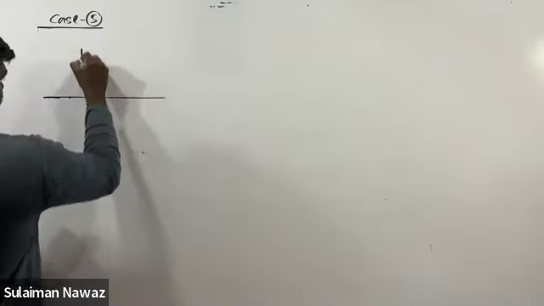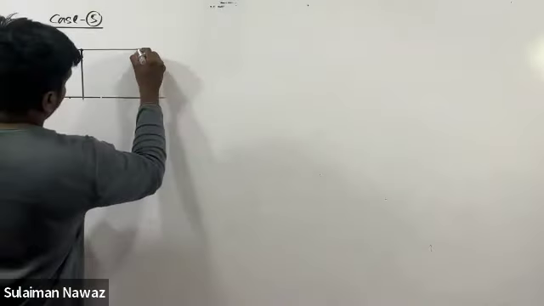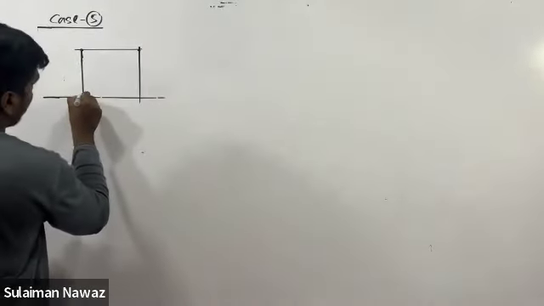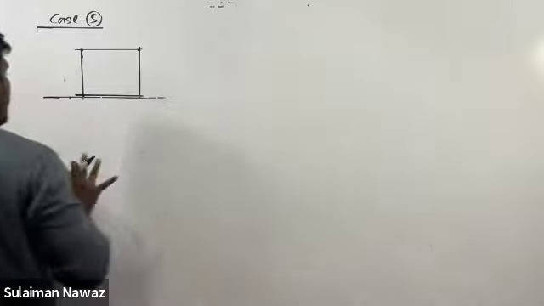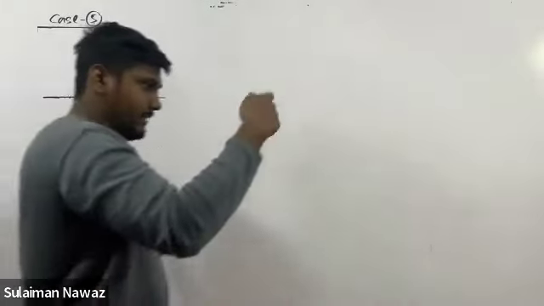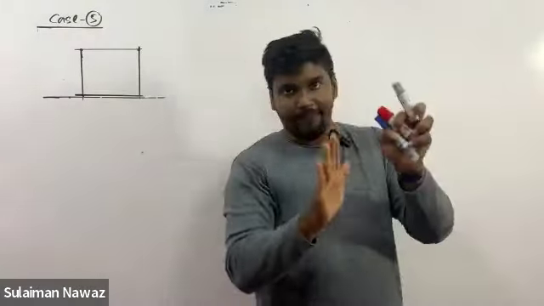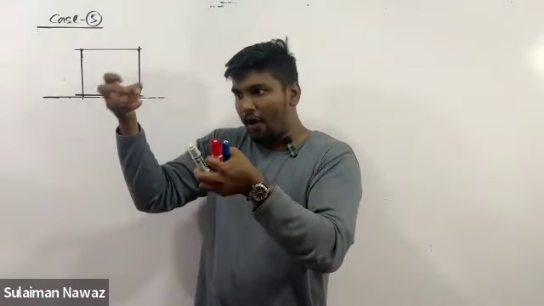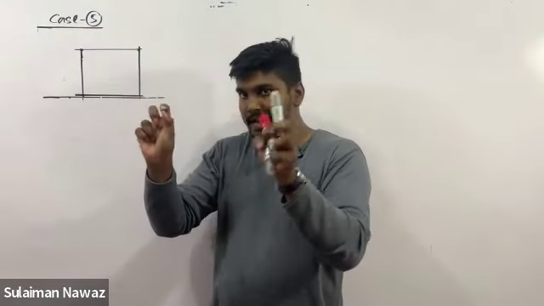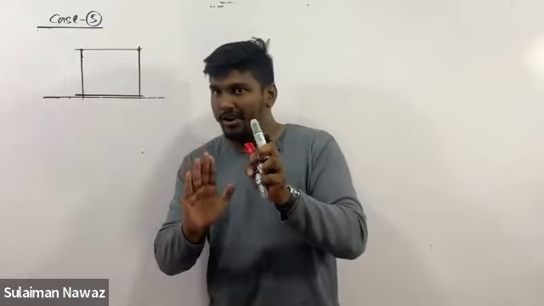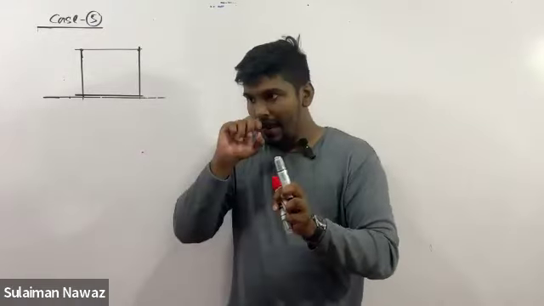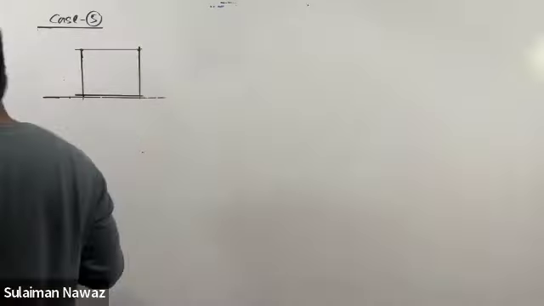In case number 3 and case number 4, the external force acting on the object is vertically downwards or vertically upwards, and I taught you how to find the normal reaction force on the object. Now, suppose there is an external force,